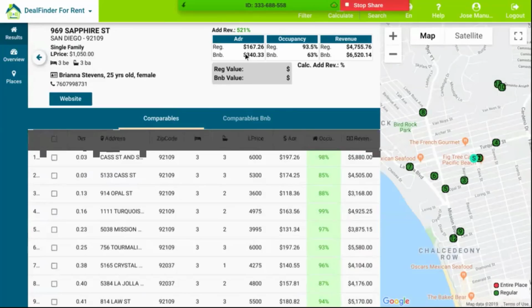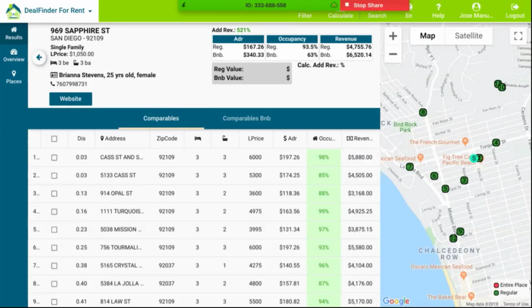And the average daily rate for a VNB, okay, that varies. Whatever you ask for a property on Airbnb daily has variations.